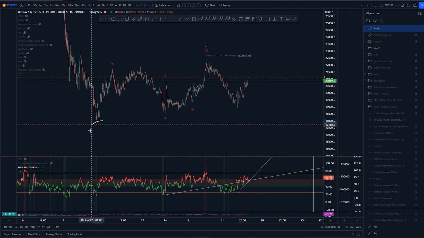Now, if we are saying that we have this as a 3-wave structure like so, then we could be having this as an impulse wave like this. Now, I had my wave 4 previously, wave 3 down here, but I've had another look at this structure,